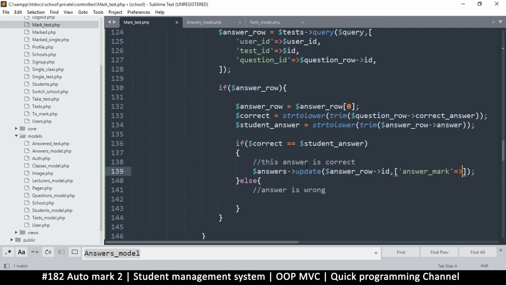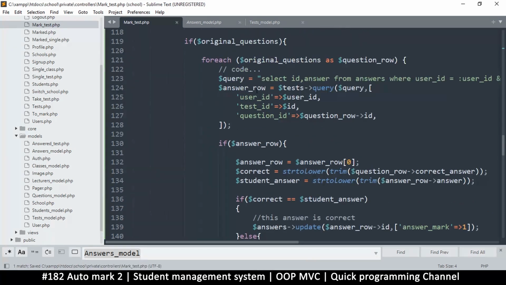And what are we answering here? If this is correct, then the answer is 1. So let's copy everything here and put it down here. Here it's wrong, so we put a 2. That's it. And then once we are done, after the for each loop,